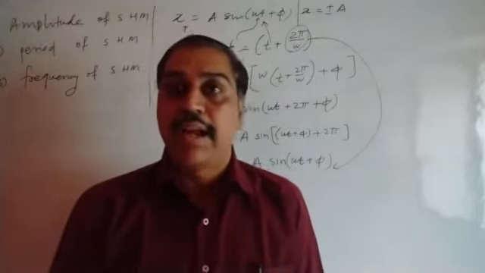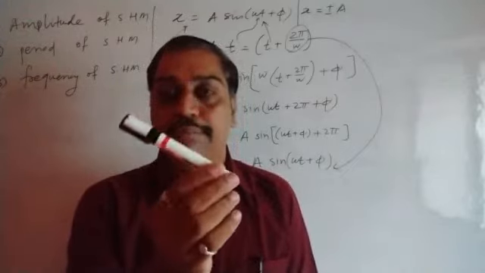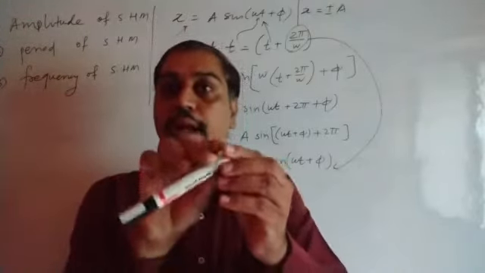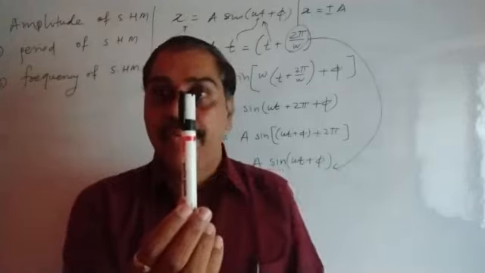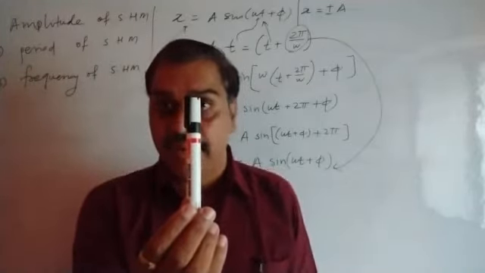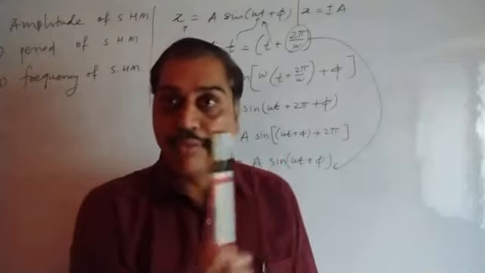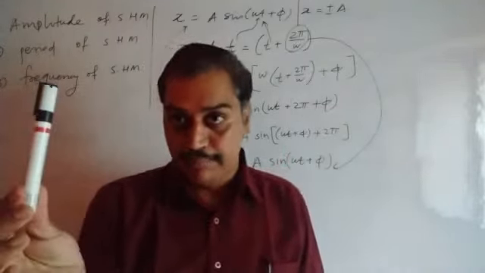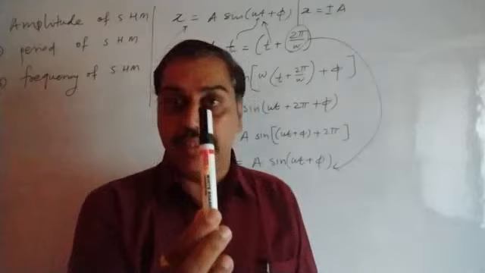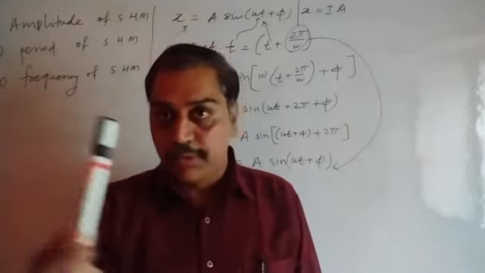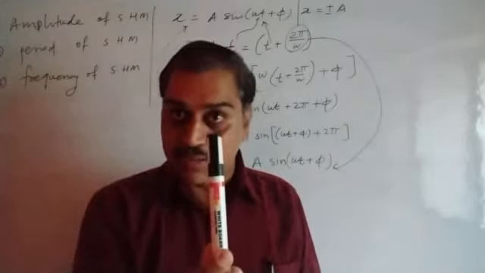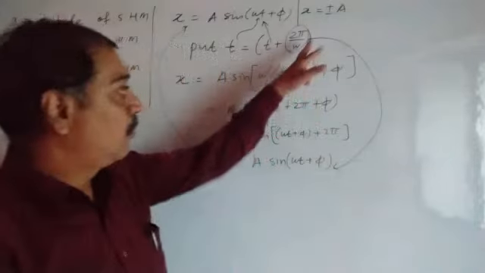Suppose the second hand is on 12, starts moving, and again comes to 12. What is the value? 60 seconds it will take. Similarly, here when the pendulum starts performing to and fro motion, it goes here, comes back, goes here, again comes back. Then one oscillation is created. It starts, goes here, again comes here. Half part is completed. Again goes here, again comes here. How much time is required? The time required for this one oscillation is 2 pi by omega.